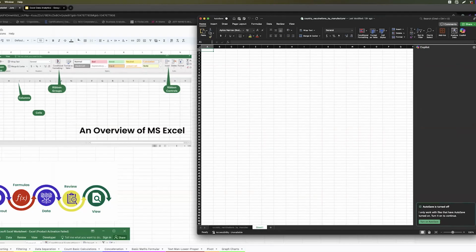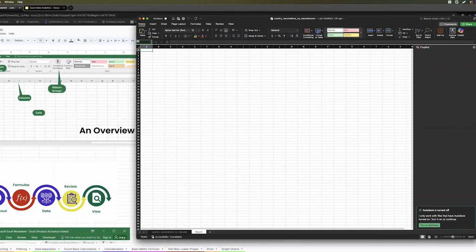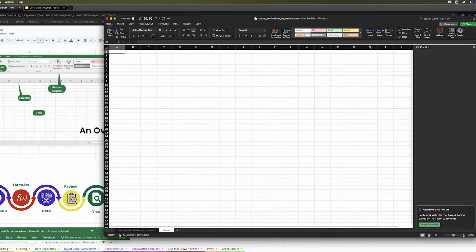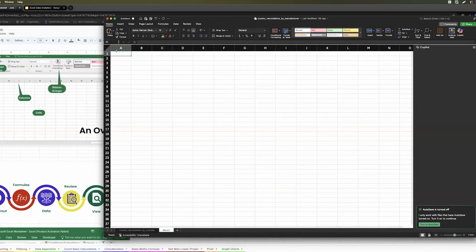So this is an Excel interface. Where you see me typing A1, this section just above, is usually known as the name box.